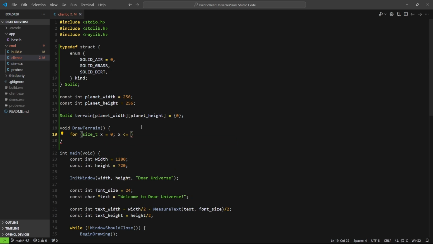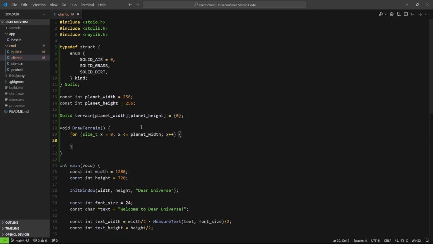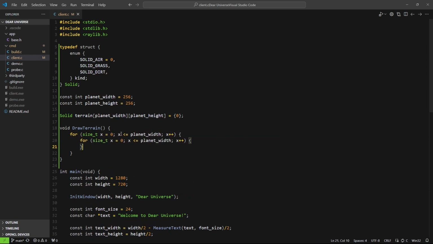So x is less than planet width, right? And x plus plus, and then I need something similar but for y, and this is planet height,